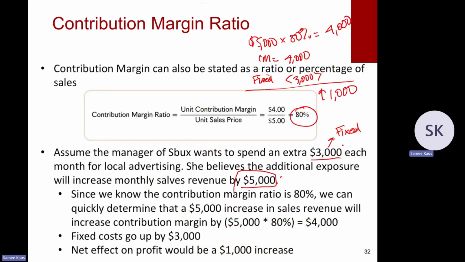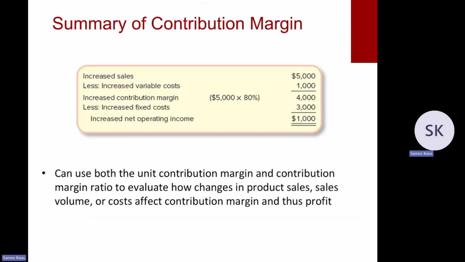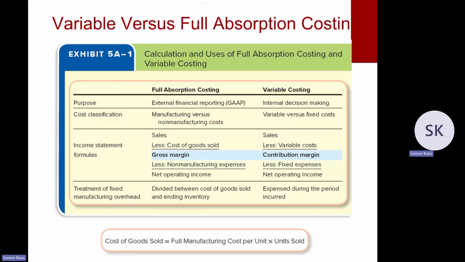cost behavior. So here's the summary of what we just did. And again, just reiterating that you can use different types of methods within contribution margin to derive different results, or to just look at things slightly differently. You're going to get the same results, but it's just looking at and analyzing things a little bit differently. So the next thing to talk about, and where we're going to finish this chapter, is the difference between